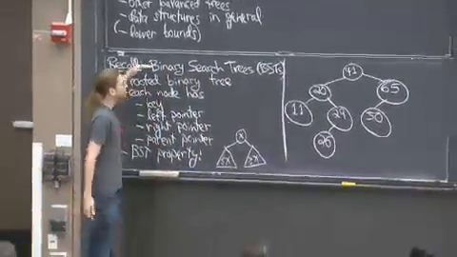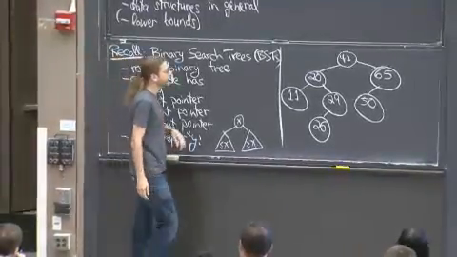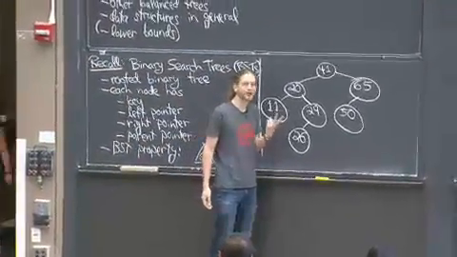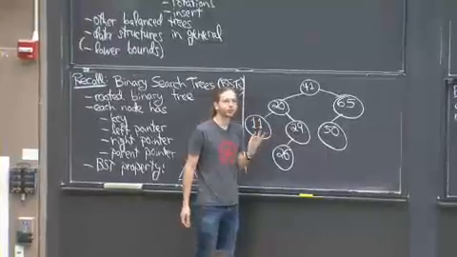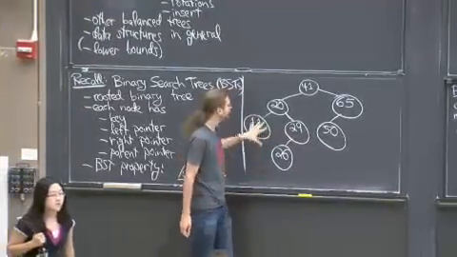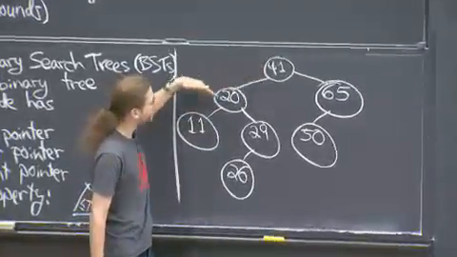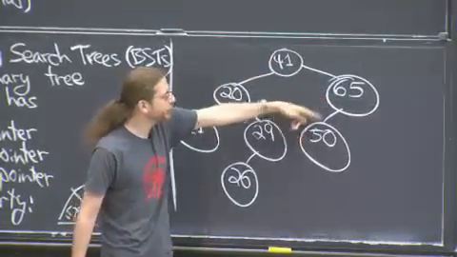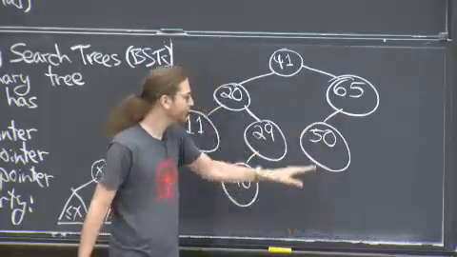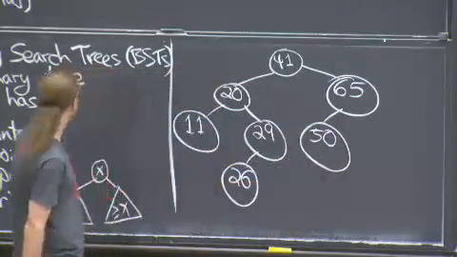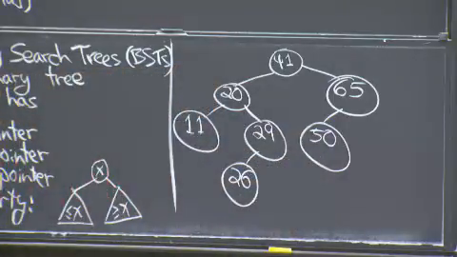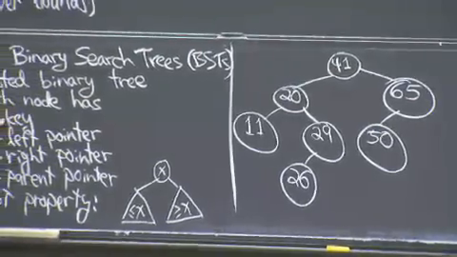Remember, in general, a binary search tree is a tree, it's binary, and it has a search property. So there's three things. This is a rooted binary tree. It has a root. It's binary, so there's a left child and a right child. Some nodes lack a right or left child. Some nodes lack both. Every node has a key. This is the search part. You store a key in every node.